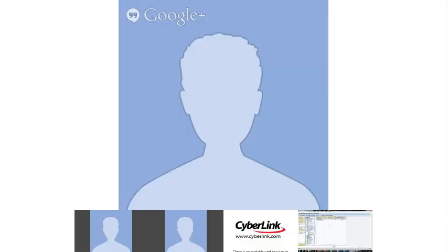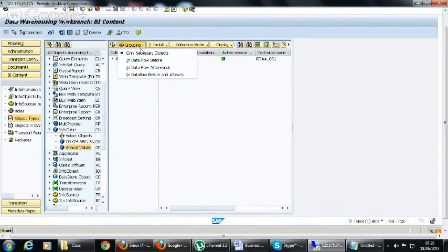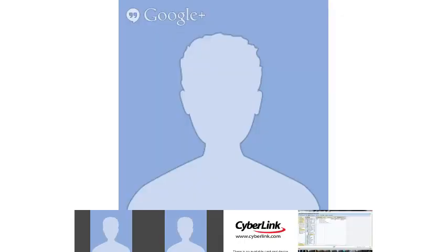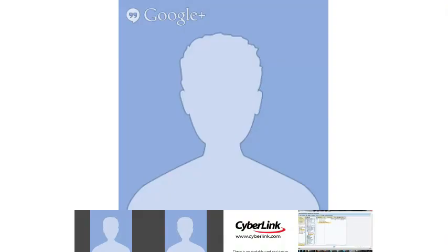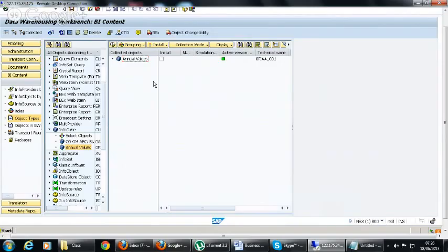So we have all these three options. Now, in data flow before and afterwards, when you select that option and you add the cube here, it will take all the below and afterwards objects and the whole data flow related to the cube, and add it to the pin, and you can install directly. So generally, if you are installing in a new system, you can keep this option in data flow before and afterwards, and you can install it right away.